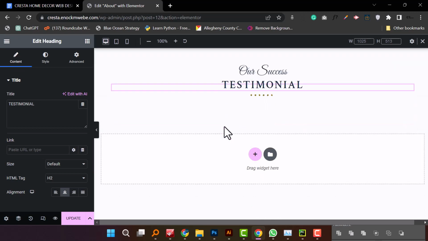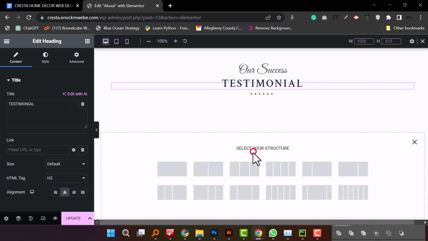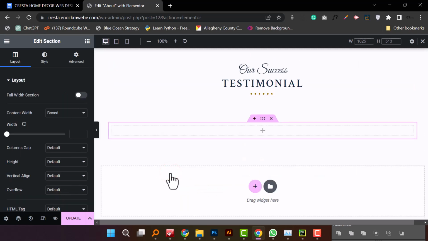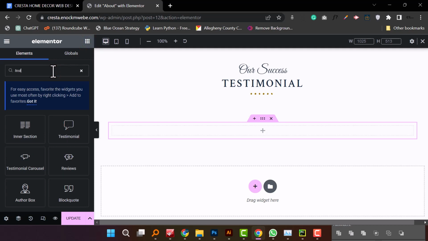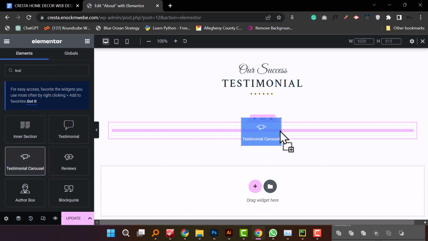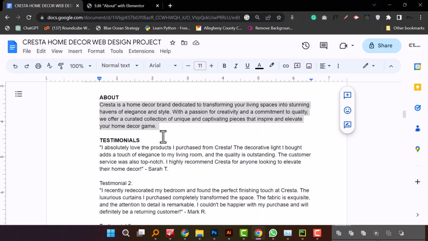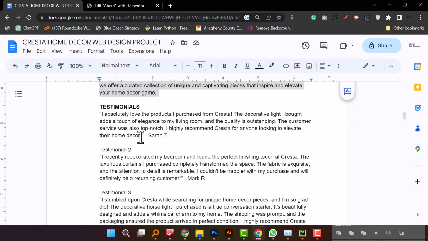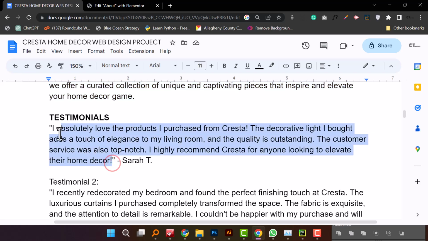All right, yes. So now once that's done, what I'm gonna do is to add a section right here. And what I'm gonna do with this is that I'm gonna add a testimonial widget or a testimonial carousel, something like this. So we have this text right here, but I had typed some here. Then I'm just gonna, let me zoom in a little right here. So, okay, so I'm gonna copy this